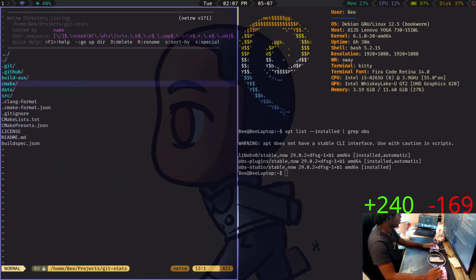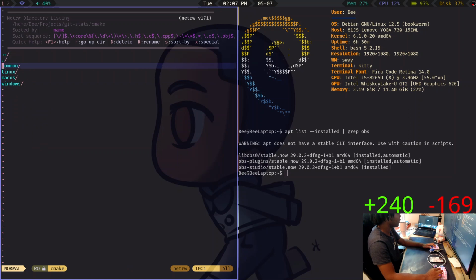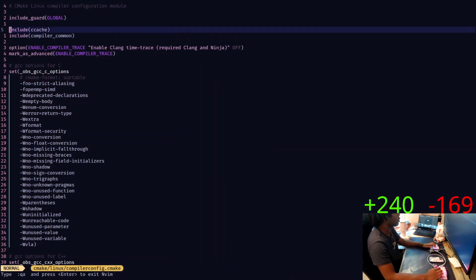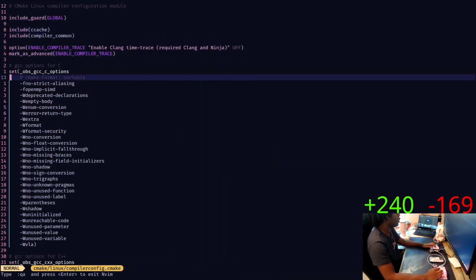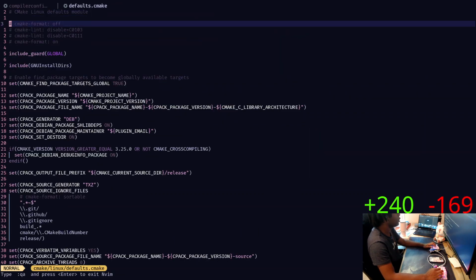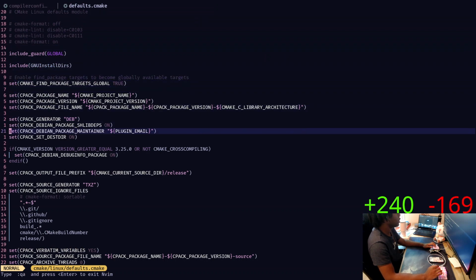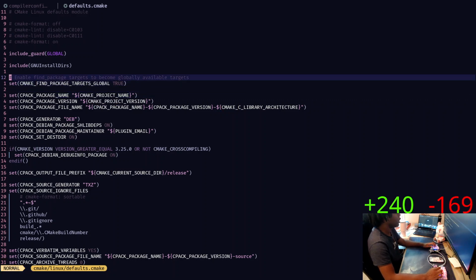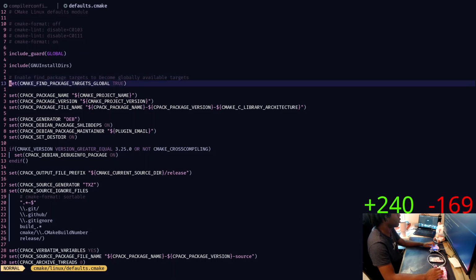So CMake. For this, I believe I'd have to change something. Compiler config. CMake compiler module. I've never used CMake before. Oh my gosh, that's crazy. Project name, project version. Where is this finding this stuff from? Enable find package targets to become globally available targets.